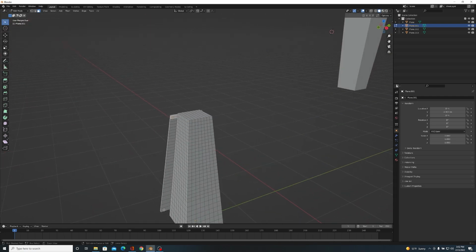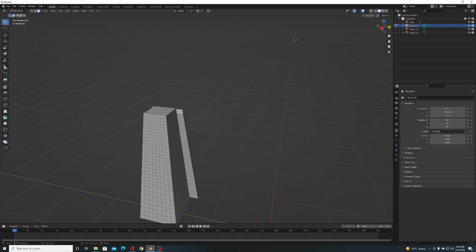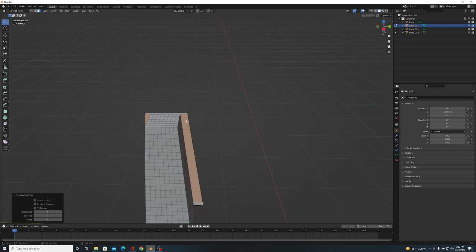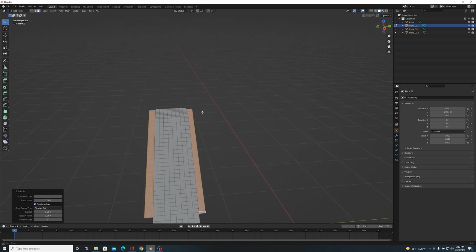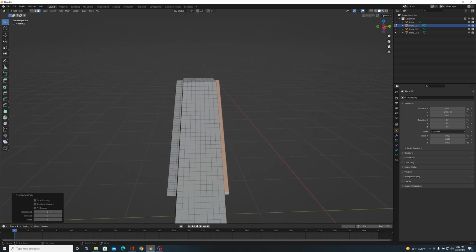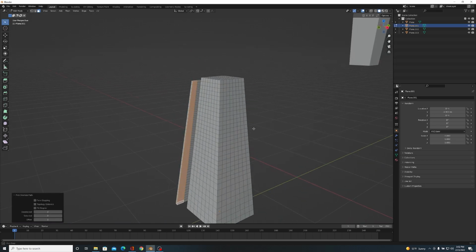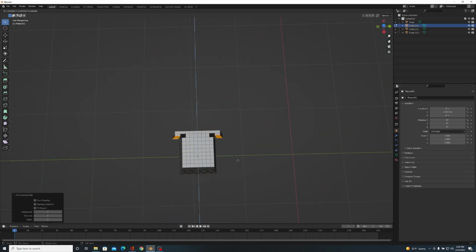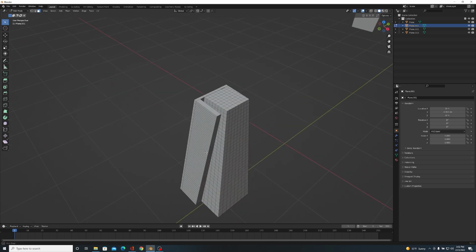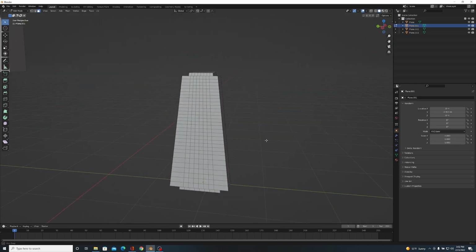Because now, to give it just a little bit more depth, we're going to highlight all of these using the Control and Shift click tricks, and then we're going to subdivide them both. Now as you see, it kind of hangs over the edge a little bit, which is good. We don't want it to be matching up with the edge of here, because if it does, it's going to clip into it, whereas now it should hug it nice and tight. And then bam, we have the start of our armor plating.